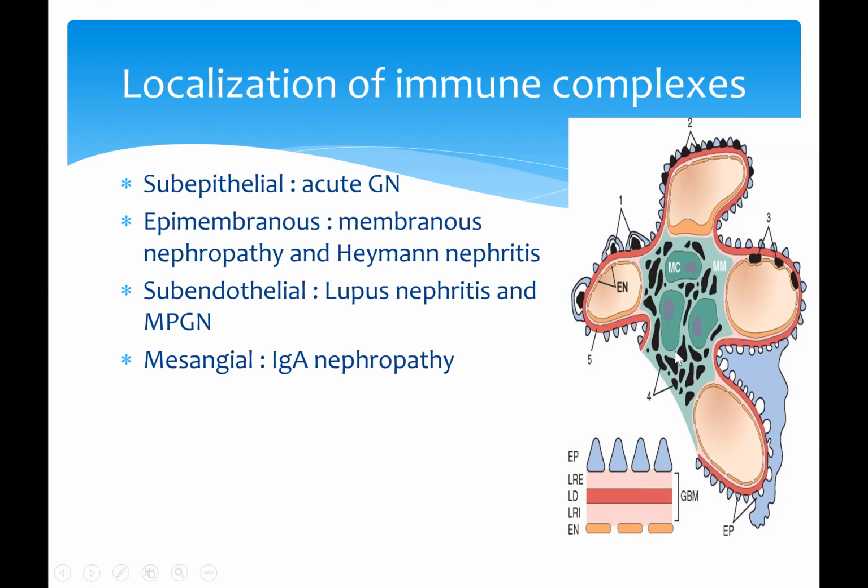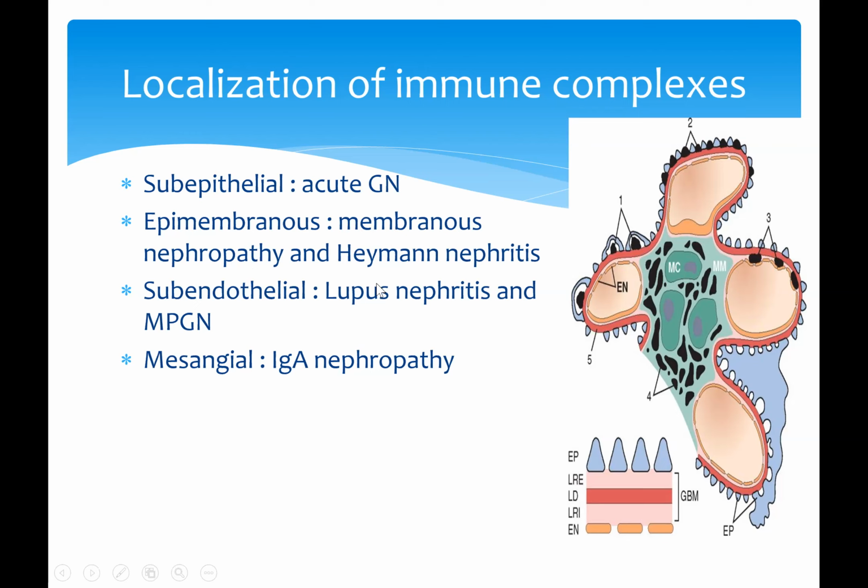These black ones are the immune complexes, and that is characteristic of IgA nephropathy. As you can see here, they are underneath the endothelium. So that is what we call subendothelial, which may be seen in lupus nephritis and MPGN. Or they may be seen along the glomerular basement membrane,